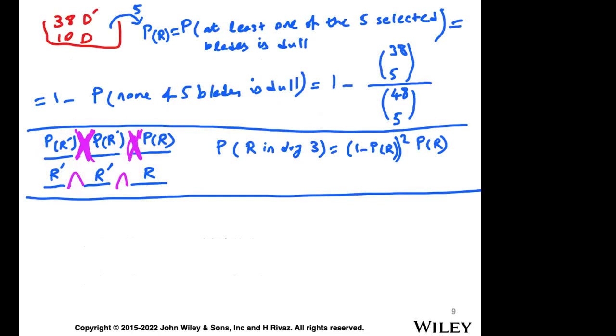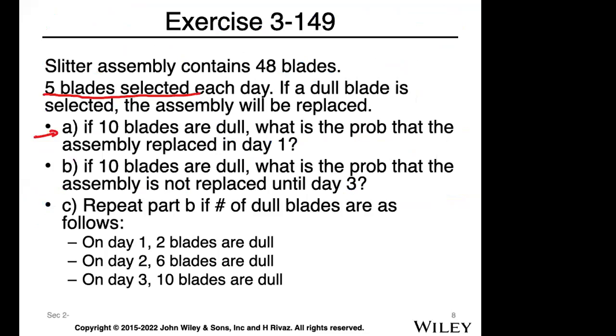So I think it's often a better idea not to use these equations, and use the fundamental rule of multiplication and addition of probabilities. So in part C, again, I want R prime and R, so not replaced and replaced. But the difference here is that I have to recalculate each one of these because the number of dull blades is changing. So in part C, I have to do the following: not replaced, but let's see how many dull blades I had. 2